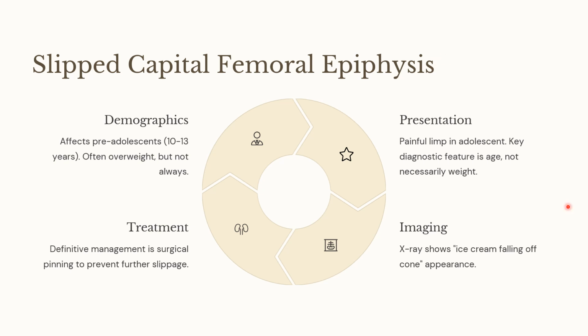So why does this happen? This happens because of many reasons. One of them is being overweight, but overweight is not always the cause; mostly it is due to hormones. So slipped capital femoral epiphysis will occur in a 10 to 13-year-old pre-adolescent, mostly overweight boy with a painful limp. They might ask you the mechanism, the reason behind this. That is nothing but the displacement of the epiphysis of the femoral head. Then how will the patient present? The patient will present with a painful limp. The diagnostic feature is age, because the most common reason is pre-adolescence,